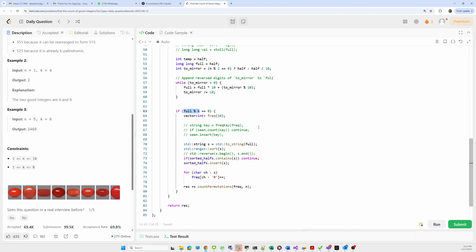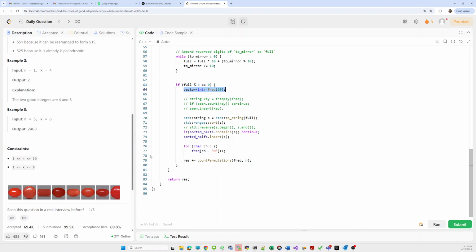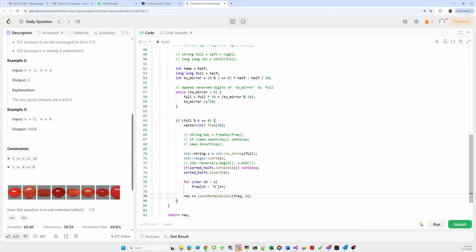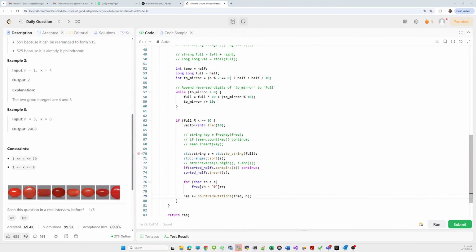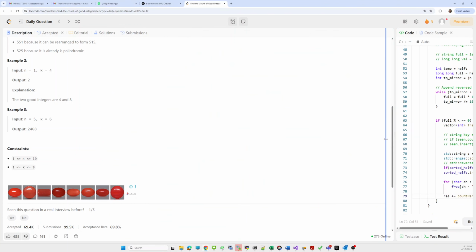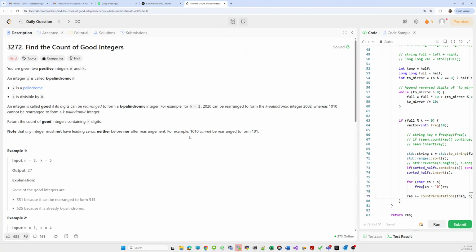If it is divisible by k, then we count the frequency of each element, and after calculating the frequency we go to counting the number of permutations. Here we have to think about one more scenario. Before that, let's jump to the question statement.